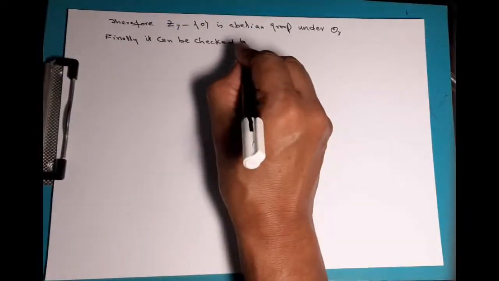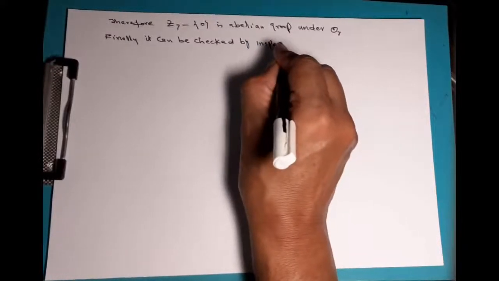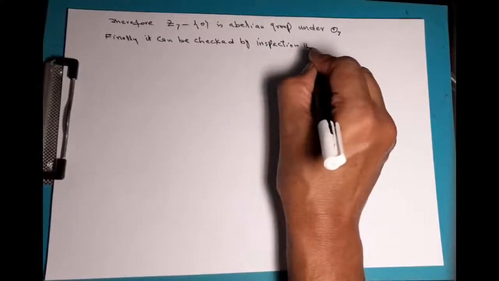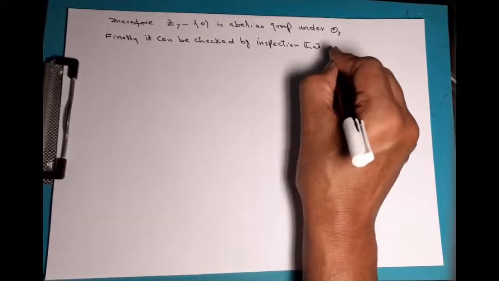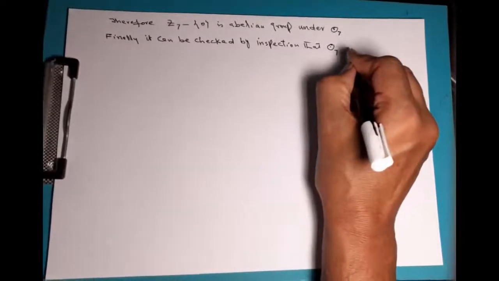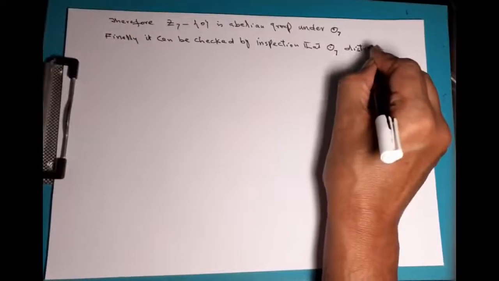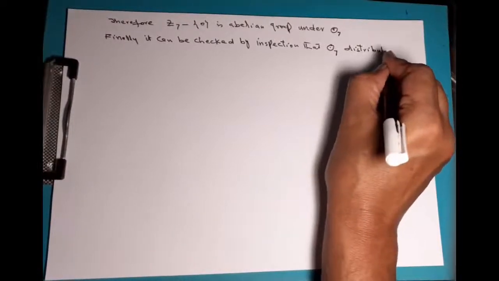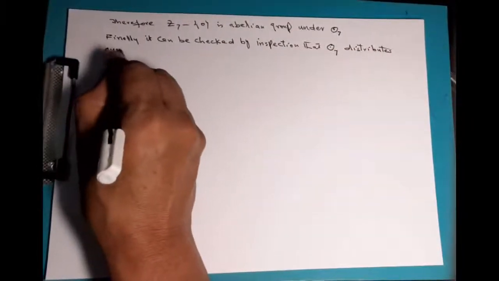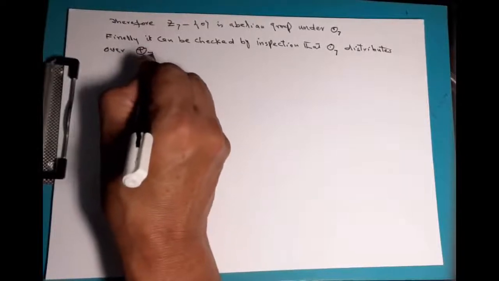It can be checked by inspection that this particular binary operation, multiplication modulo 7, distributes over addition modulo 7, and hence